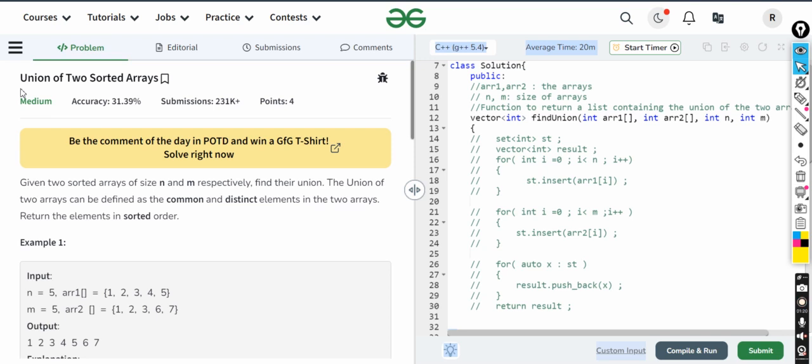But he will surely get to know if you know only the optimal, that you have just mugged up that optimal approach and came. He will think that you don't have any knowledge of any better approach. So let's start with this.